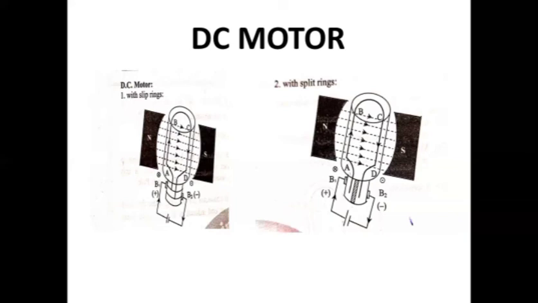So I think you might have understood the basic working of a DC generator and a DC motor. So slip ring and brushes means it will be AC, and split ring in a generator means it will be DC. Similarly, in case of a DC motor, you should use the split ring. And I will give you the notes regarding this, no problem. Let me go to the next slide.